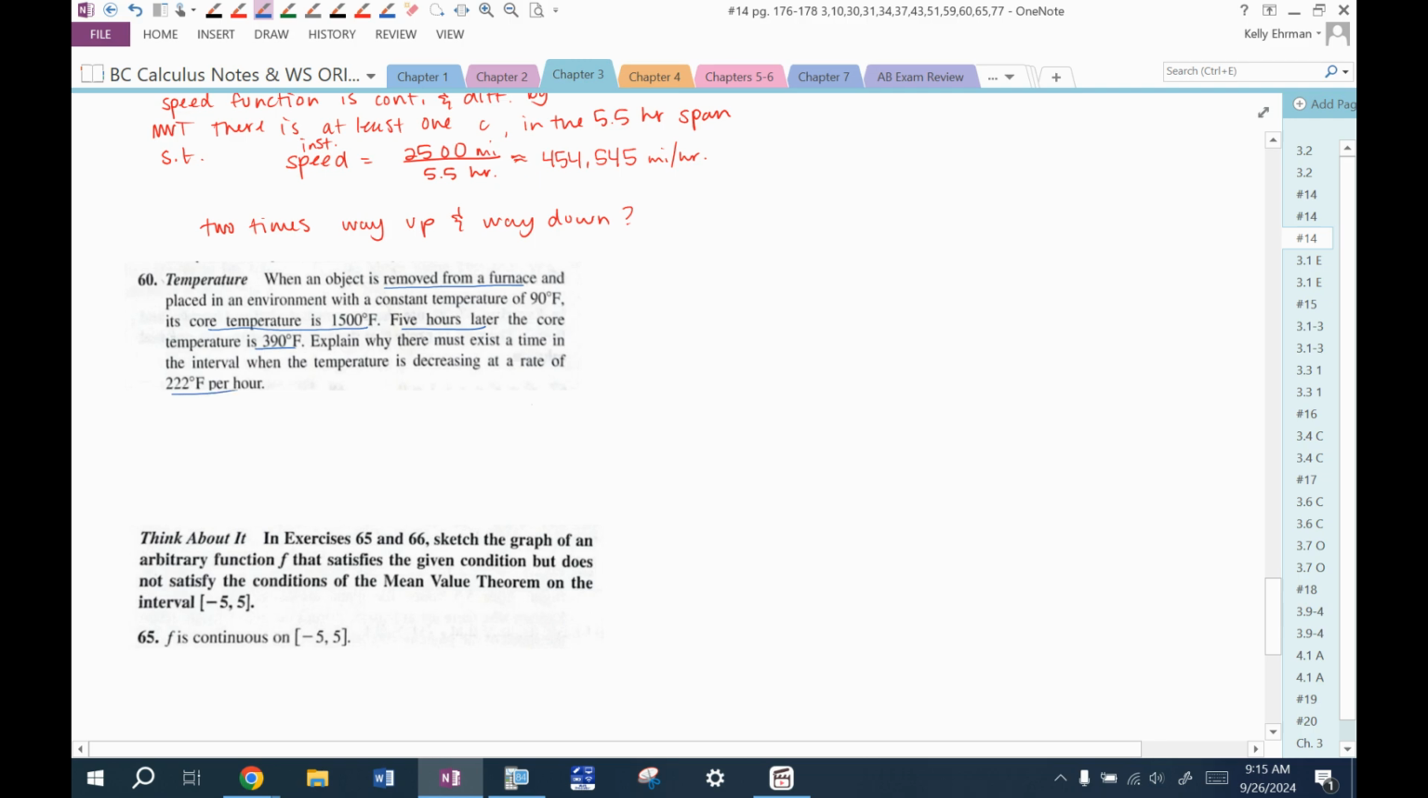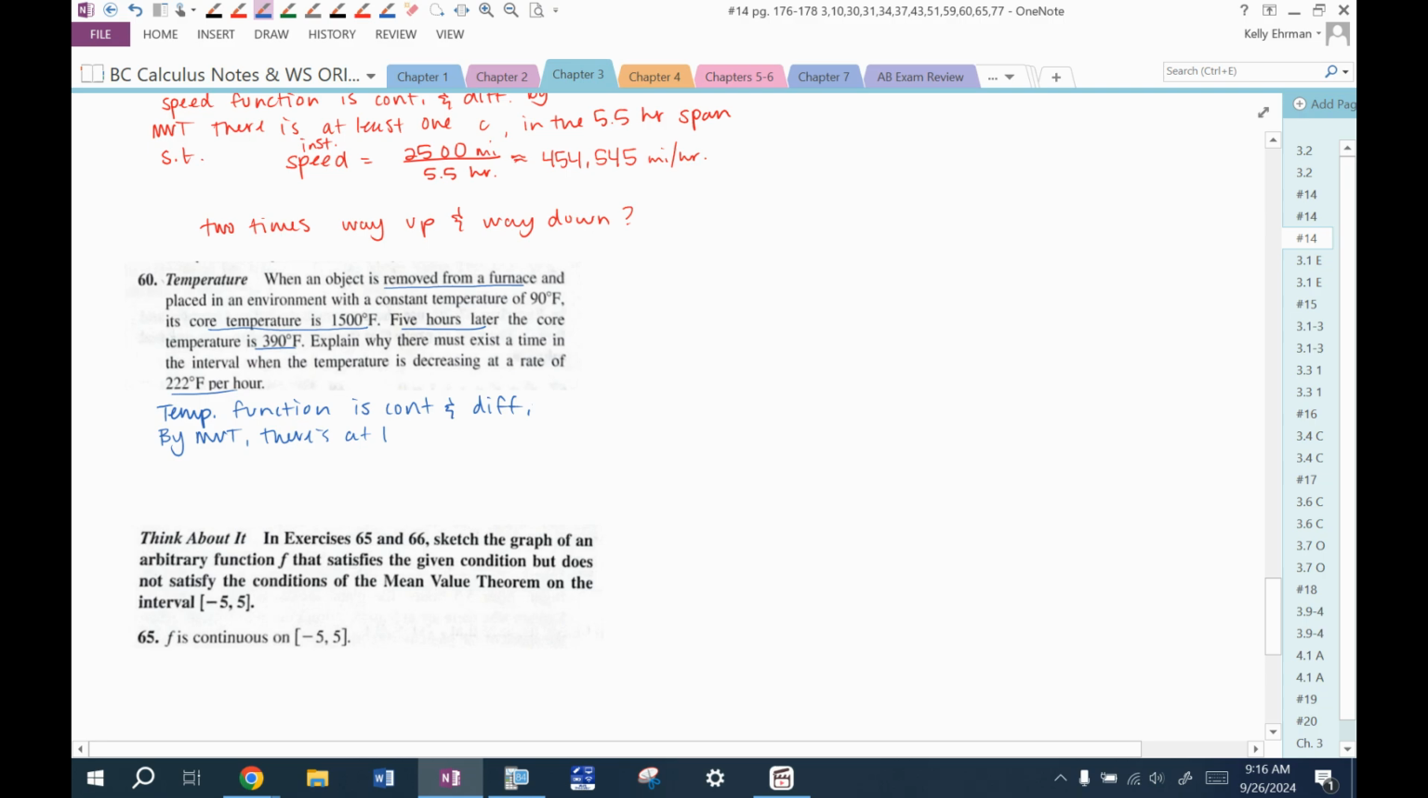So same idea. This is a temperature function. And a temperature function, for the same reason as speed, I know it's continuous and differentiable. It's a smooth transition from 1,500 down to 390. You're not going to suddenly skip or jump to anything or have a sharp turn. So because of that, by MVT,